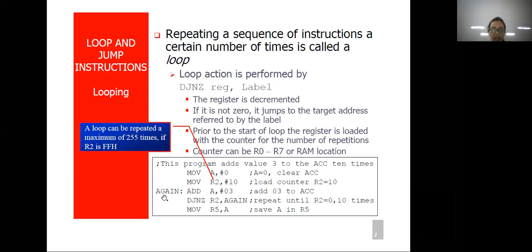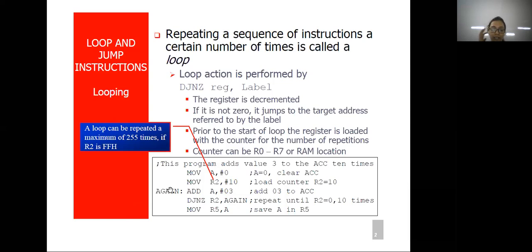In another instruction, the label name is AGAIN, then we perform an addition between the content of register A and 03, so you are adding 03 in accumulator A every time. Now the next instruction DJNZ says decrement, and if it is not equal to 0, then we need to jump back again.